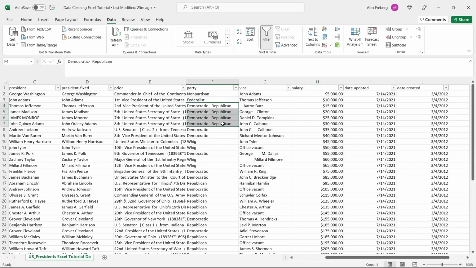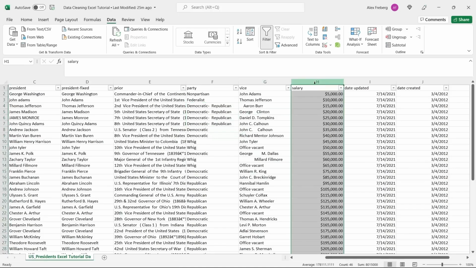And I kept this one in here because I'm not exactly sure if that's a Democratic or Republican. So I'm going to keep it its own thing. I'm not a huge history buff in that aspect. The next one right here is